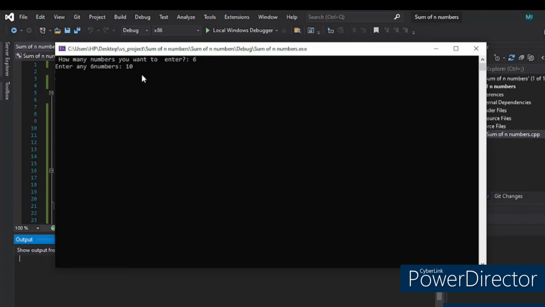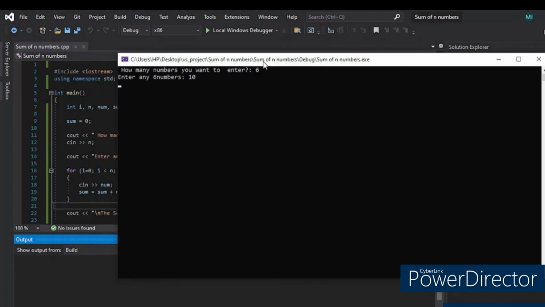As you can see, this 10 is now going to be saved in the number variable as I explained before. And now the program goes to the update path and increments the value of I and checks the condition again. So now let me enter another number like 20 as my second number. Press enter. So the program again goes to the update path and checks